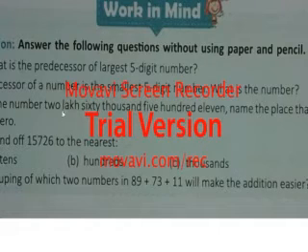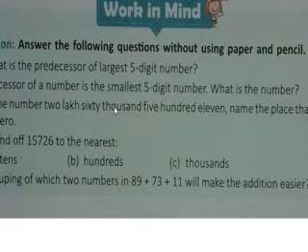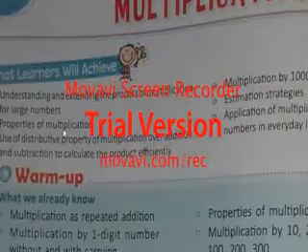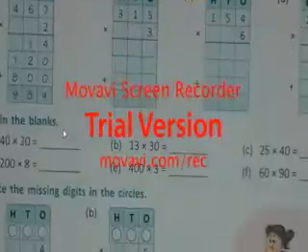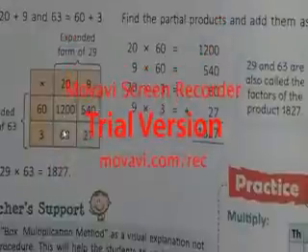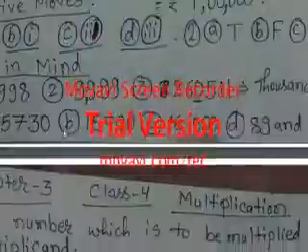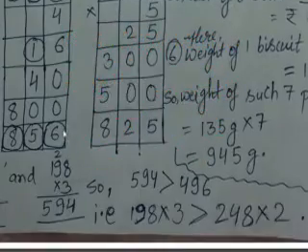Now if you will see question number 3, there it is. If the number 2,60,511, okay, in the number 2,60,511, name the place that is occupied by 0. That means 0 occupies which place. So if you will see in the answer, I had written the number at first and I have shown where the 0 is. 0 will be at the thousands place because it has been said 60,000.